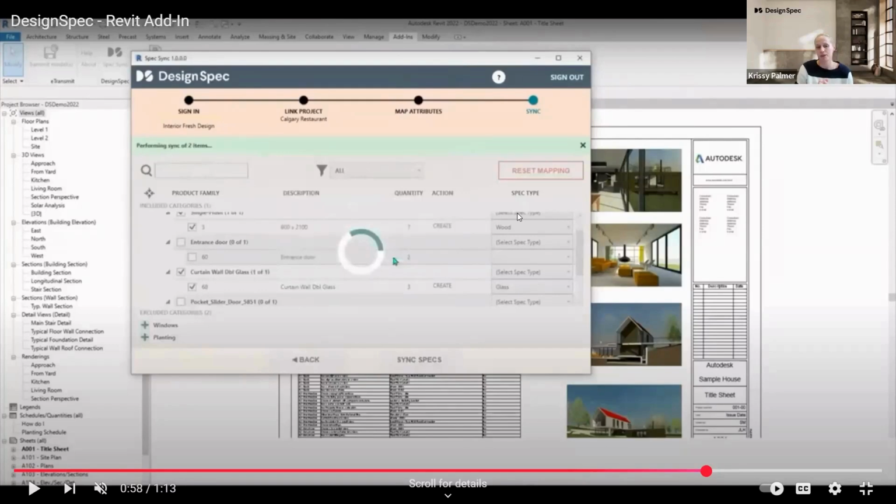So if, for example, you have door setup as a product family in Revit, you can then map it to perhaps interior finish or any other, or maybe a wood finish or something like that, whatever you have set up in design spec. So it does give you a little bit of flexibility to choose how it's coming into your account. You do need to have a type mark value set up so that your categories and your product families will show in the